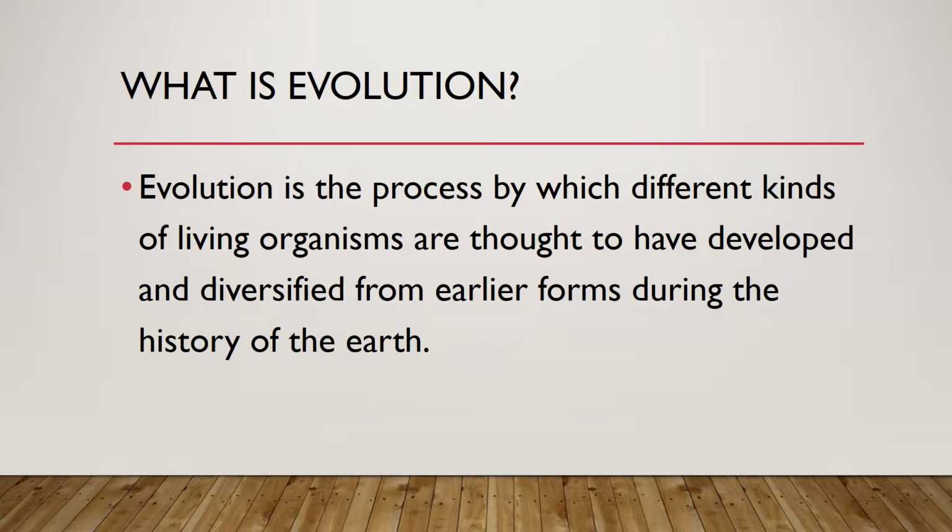Evolution is the process by which different kinds of living organisms are thought to have developed and diversified from earlier forms during the history of the Earth. Biological evolution is not simply a matter of change over time. Lots of things change over time. Trees lose their leaves, mountain ranges rise and erode, but they aren't examples of biological evolution because they don't involve